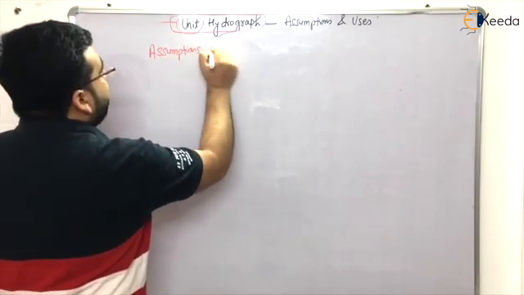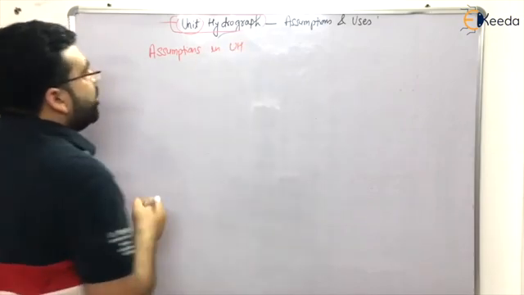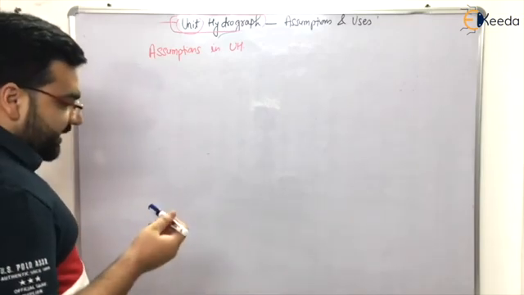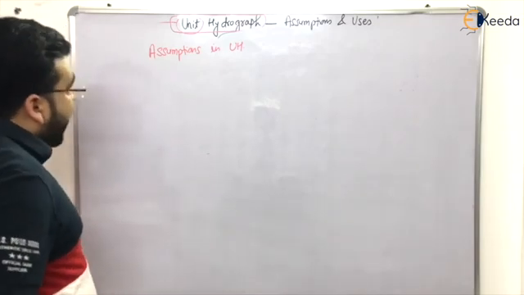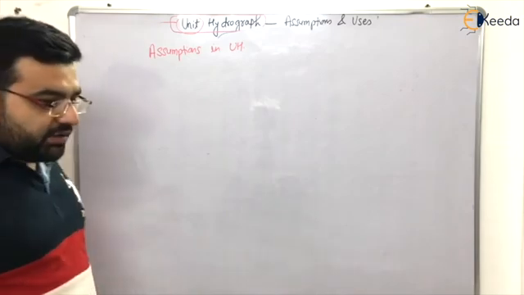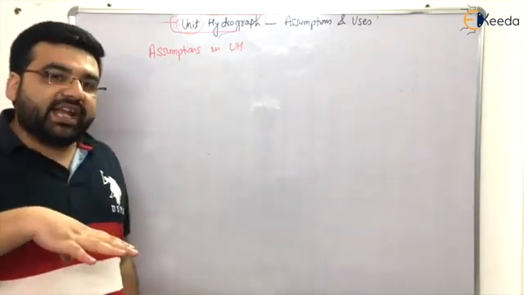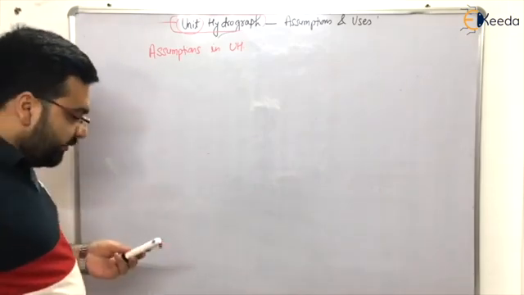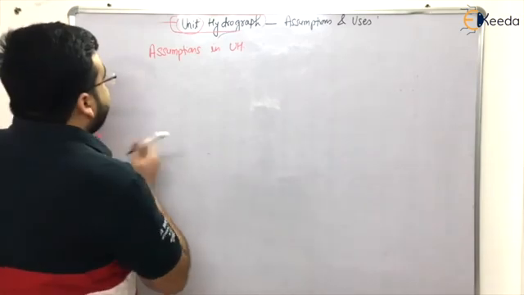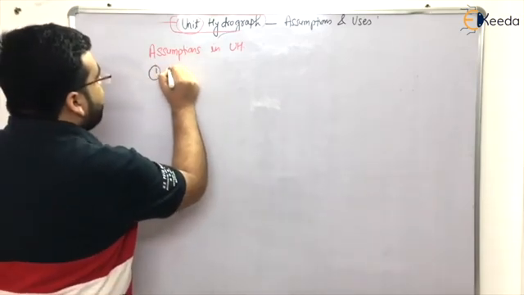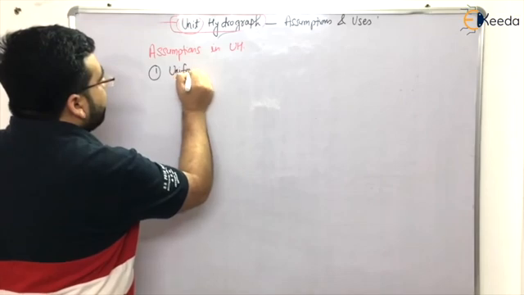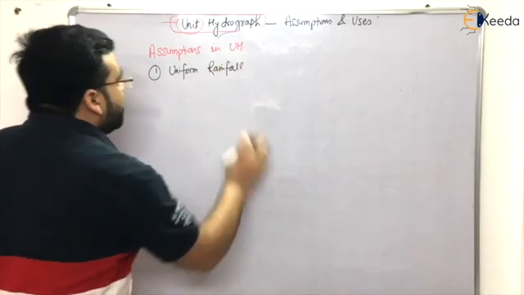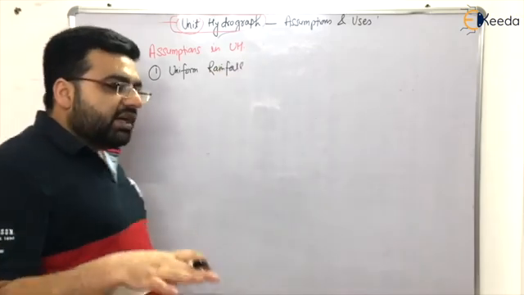Assumptions in unit hydrograph. UH means unit hydrograph, right? So the first assumption in unit hydrograph is that the rainfall over a particular catchment area is uniform. Uniform rainfall is actually happening over a particular catchment area. This is the first assumption of unit hydrograph, that over a particular catchment area the rainfall is uniform,